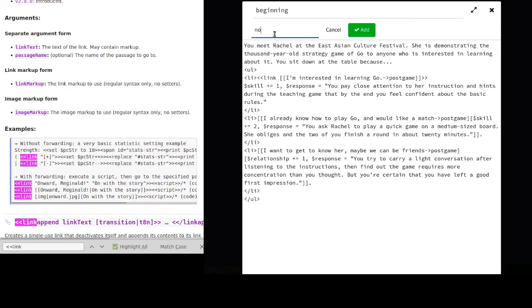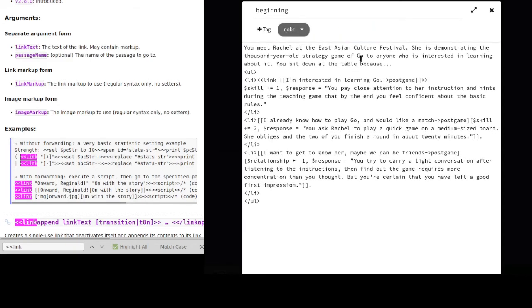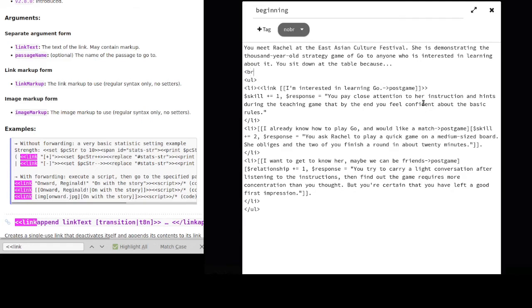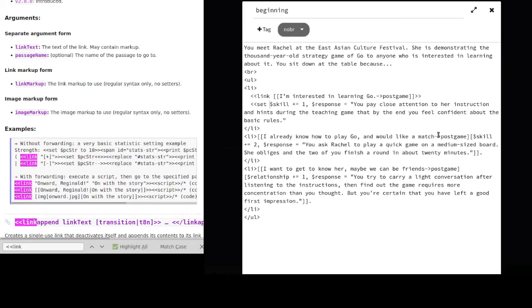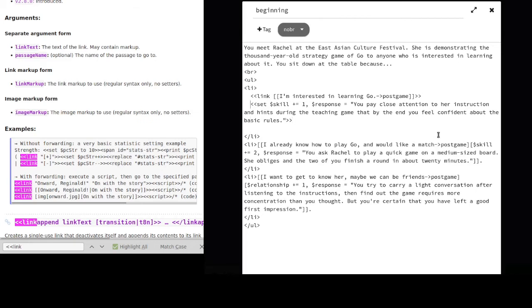Remember that once you use the NOBR tag, you must explicitly tell the code to break a line when you need to start on the next line. Macros like set only come by itself, while some macros like if or link come in pairs with an opening one and a closing one. Other code can be put in between the pair. The closing one is indicated by a backslash before the macro name.